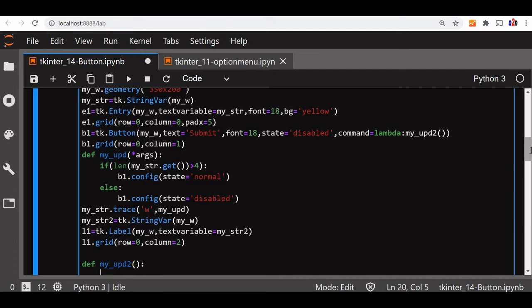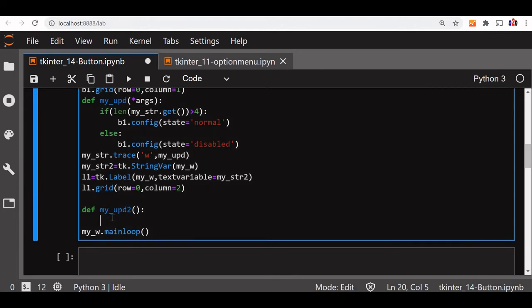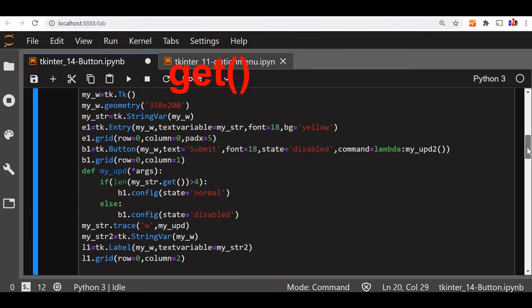In this function we'll set the value of str2. So my str2 is a string variable, we have declared it just above. So my str2.set. Now the value will be read from the input one. So we'll say my str.get. What is my str? My str is the string variable of the entry box.